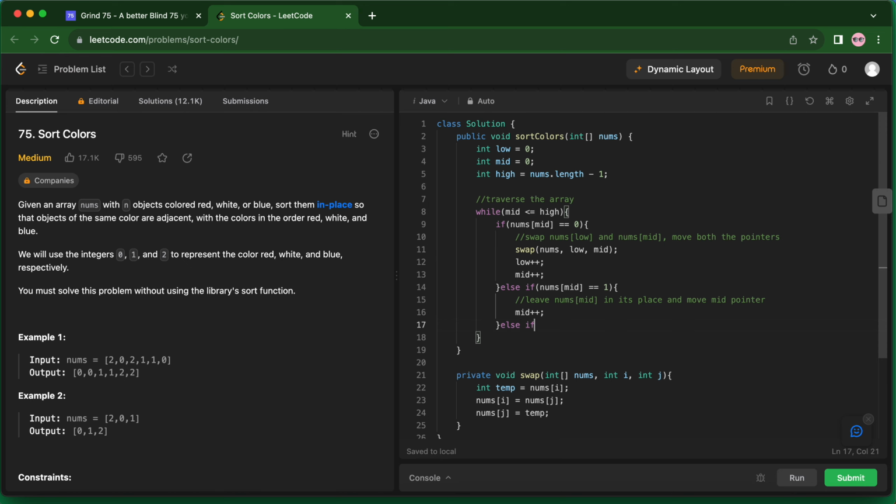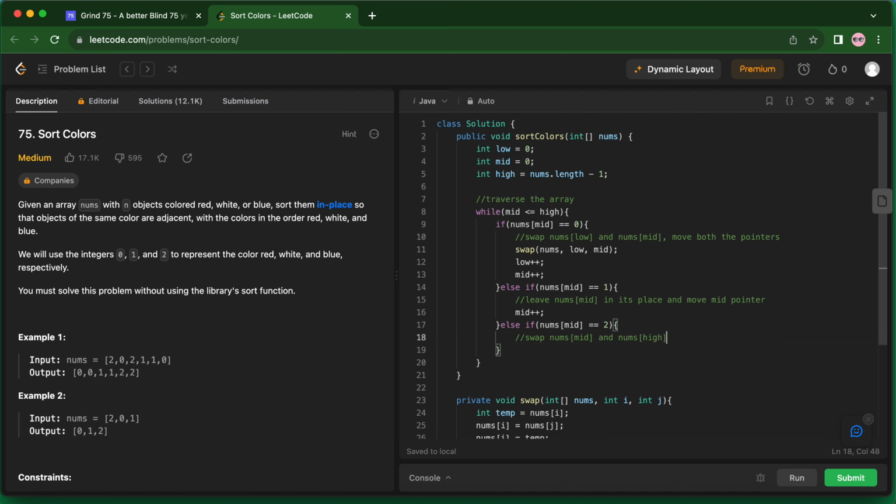Else, that means we don't have to check for equal to 2, we can simply write else, because the possibility is only 0, 1 and 2. But just for clarity, nums of mid is equal to 2. In that case, we'll swap nums of mid and nums of high and move both the pointers. So we'll say swap, pass nums, pass mid, pass high, and then we'll say mid plus plus,